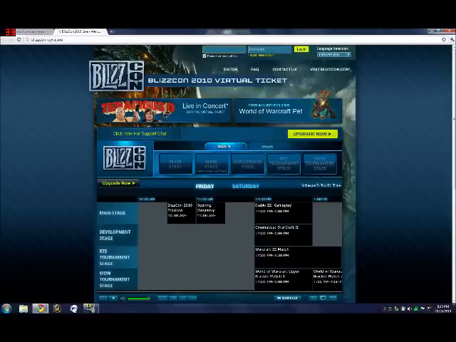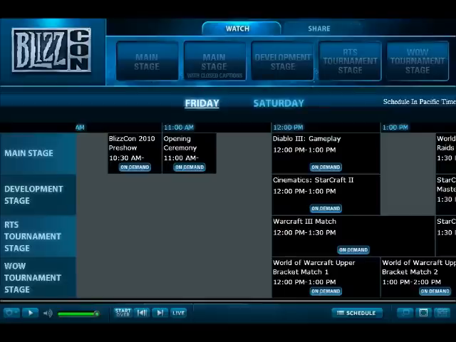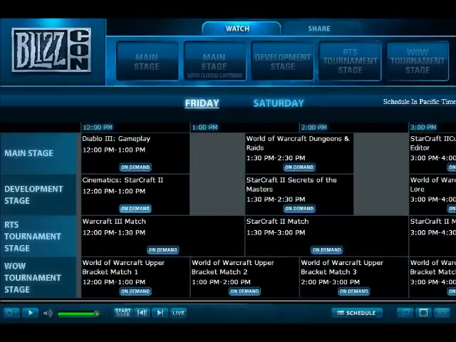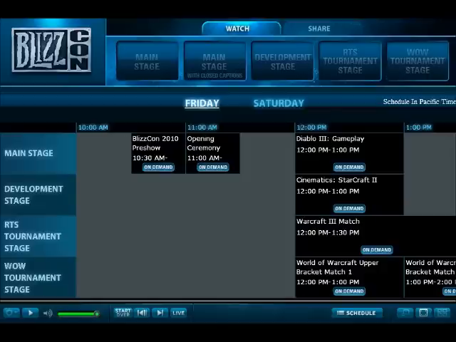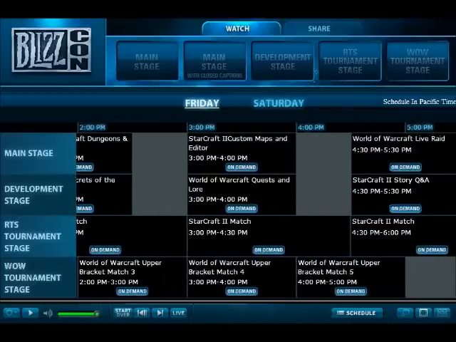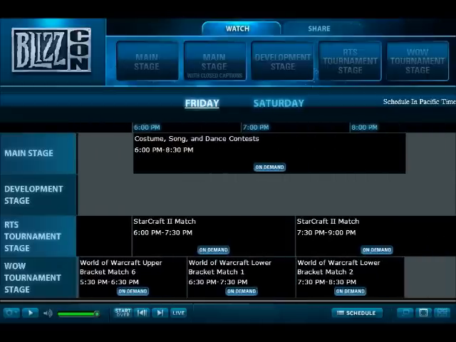Let me turn this off before I type any info in. So we logged in, we're in here, and as you can see, even though BlizzCon is over, you can watch any of the ceremonies. I believe you have a week to watch them all, or just over a week. I haven't checked that exactly, but it doesn't really matter at this point. You get plenty of time to watch everything,